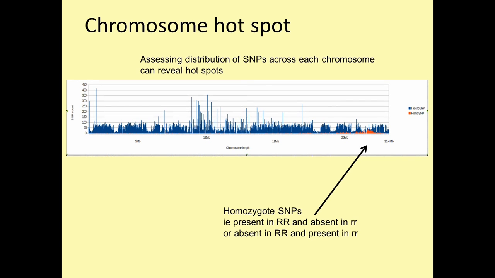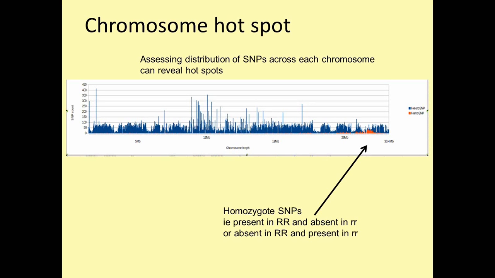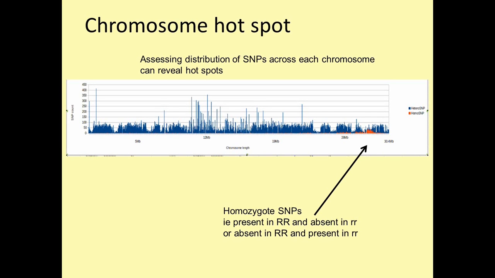And what we've found is that by comparing the resistant and susceptibles, if we look at the blue lines, that's just comparing the heterozygous resistance, so it could be big R, little r, versus 2 little r's. You're seeing SNPs, so you're seeing differences along the chromosomes. But if you look at the little orange spot here, this is a sort of hot spot which is looking at difference between homozygotes. We've got less proven homozygotes. We need to do more